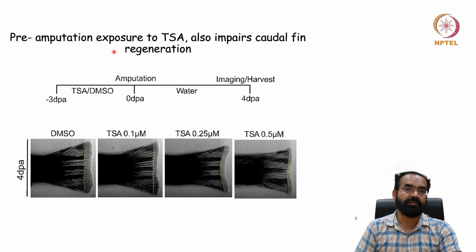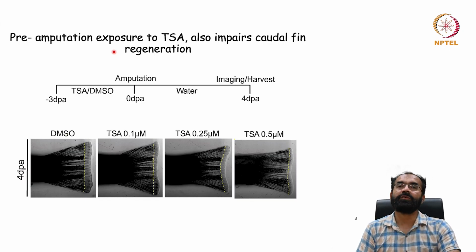But what we did is slightly different. We took a normal fish and exposed it to trichostatin A. You blocked HDACs and then amputated, and did not put TSA or block the HDAC after amputation. We wanted to see what the role is. In one of our earlier studies in the retina, we have shown that if you block the HDACs with TSA and after that you withdraw it, the regeneration continues. If the regeneration should have completed by 2 weeks, it takes 3 or 4 weeks,